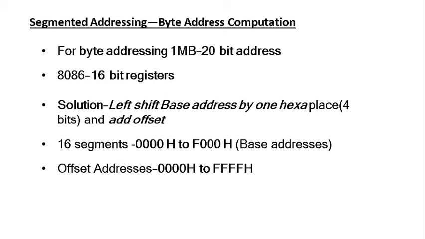We already know that 8086 uses 16-bit registers, right? So registers can store only 16-bit values, but we have to address 1 MB, or 1024 times 1024 bytes, which requires 20 bits if you are going for byte addressing. So 16-bit registers won't be enough to store 20-bit addresses. So the 8086 designers came up with a unique technique for addressing in such a constrained environment. They modified the indexed addressing scheme to generate 20-bit addresses.